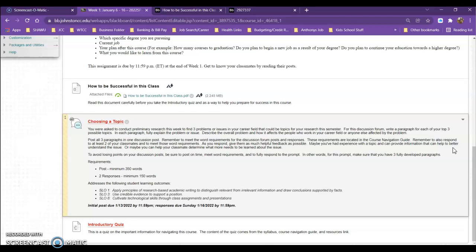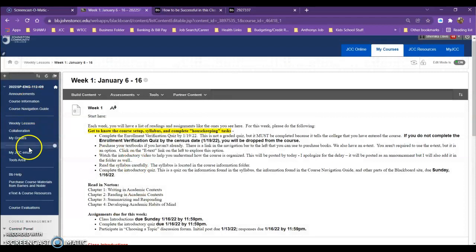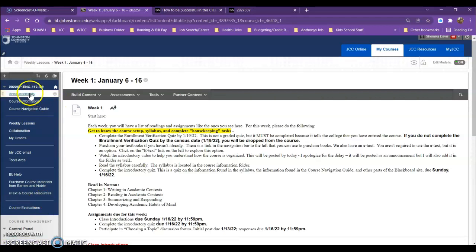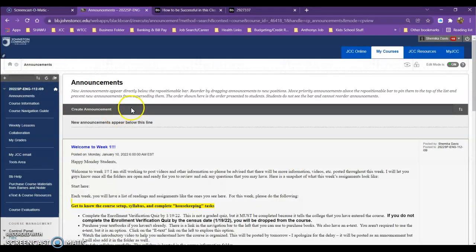Again, there'll be some more information about this choosing a topic assignment. I'm going to make sure that there's a folder. I'm going to try to put it right above this choosing a topic so that it's really easy for you to find, but there will be a Blackboard announcement message attached to it so that you'll know how to get to it, okay? I'm also going to post some more links with some sample papers and other good information for you guys as well. And like I said, I'm going to make sure that there is some sort of notification sent to you in Blackboard. So you want to make sure that you are constantly checking your announcement page, okay? That's just something for you to remember, all right?